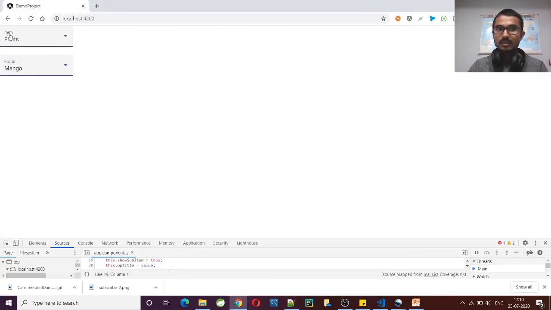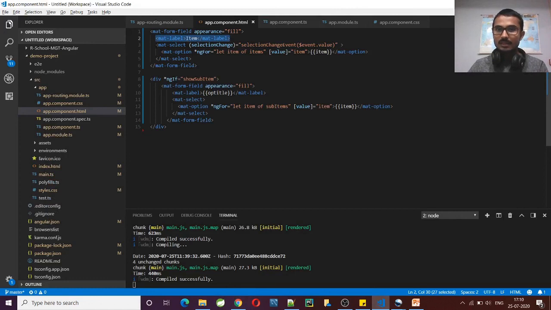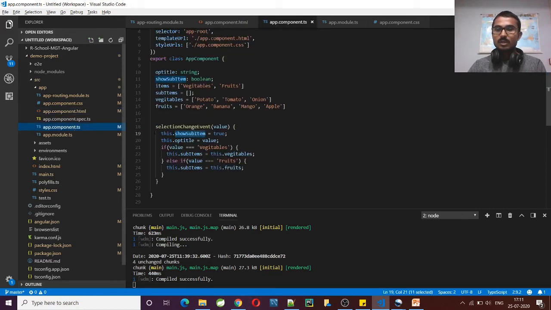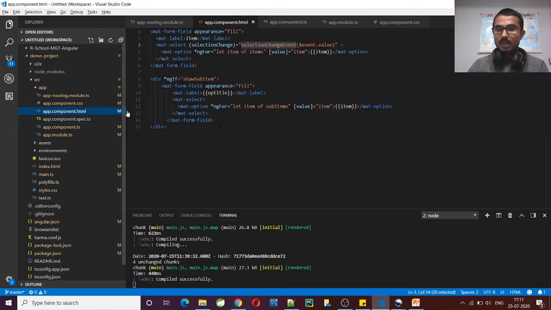This item you can see here is the label, and this is the selection section, and these are the options available with us. So we are using a for loop to generate the options, and based on any selection here, these are the item values which will be the selected value. Those selected values we are passing to the selection change method. By using these values we are doing the desired operation, but in real time we may have different requirements and can do accordingly, and then we are displaying the second one based on the selection.